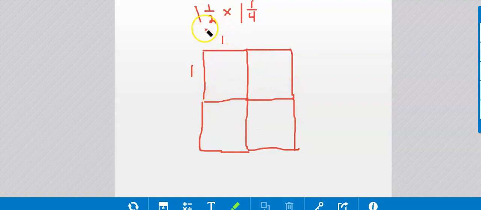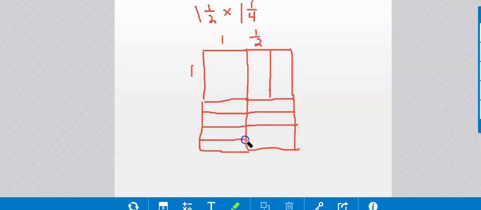And the reason I'm going to do this is because this one has to be split in half. So here's 1.5. And this one needs to be split in fourths. So here's 1 1/4. All right, and I'm actually going to go ahead and split this right down here